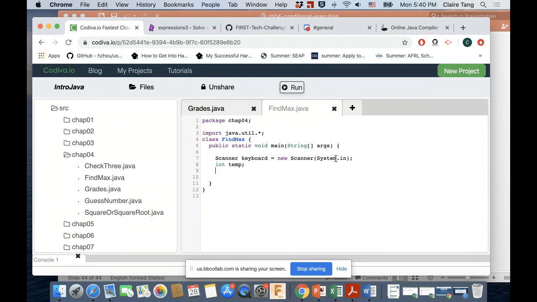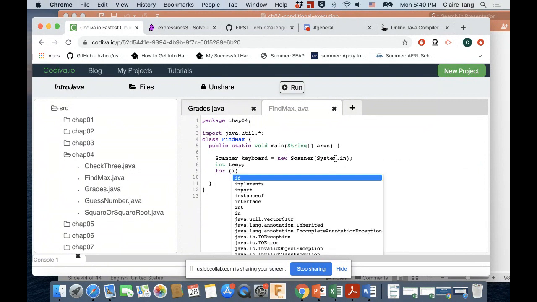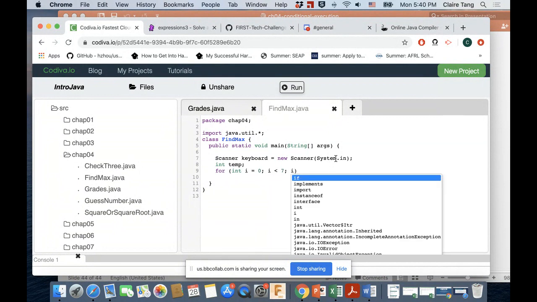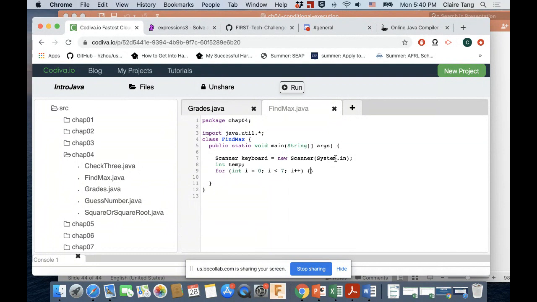And so let's do how many times? Let's do maybe a week, right? So we'll do for integer i equals 0 and i less than 7, and i plus plus, and then inside here we'll say